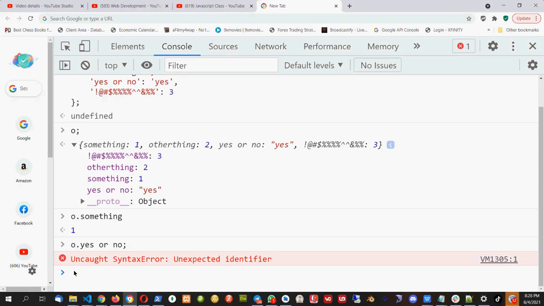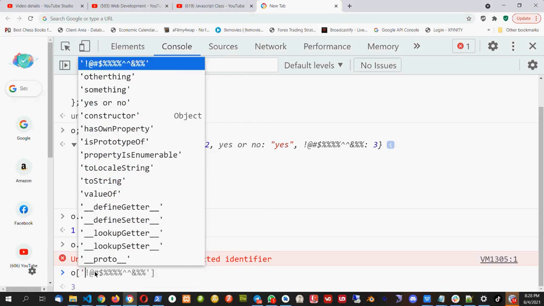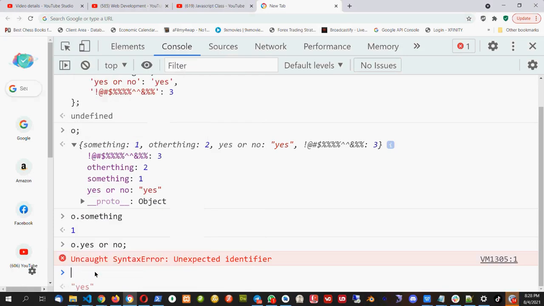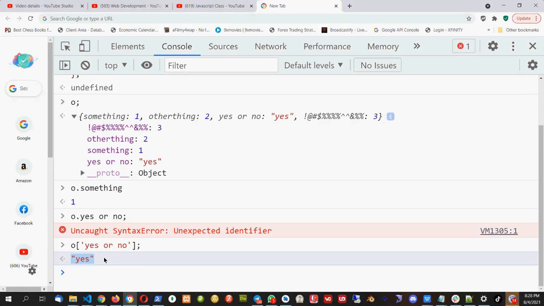So to access it, what should I do? To access yes or no, what should I do? Okay, yeah, that is correct. I will put a rectangular bracket and here I will say yes or no. Then I will get the value of yes. Similarly, if I do like this, O dot